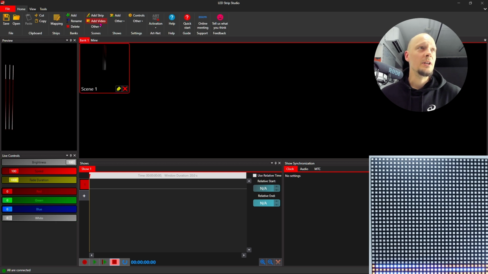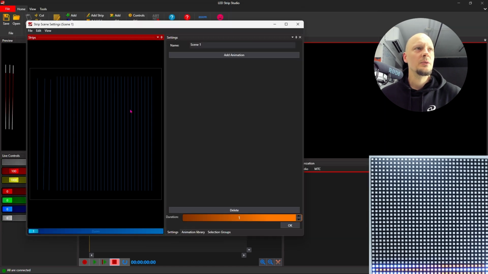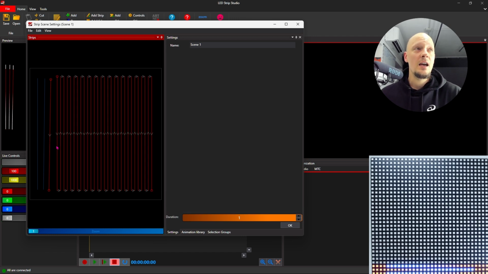And now I can create a video effect. No, I will still use the strip effect because this will nicely illustrate the level of control that you have whenever you are drawing the lines one by one, or if you draw multiple lines with the strip effect, that is. If I will now take the effect that I have put onto the strip and drag and drop it,